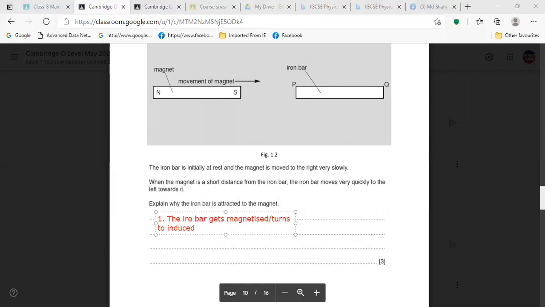Same idea, right? Or whatever you said, the domains are aligned in a particular direction. So induced magnet. Then second point,